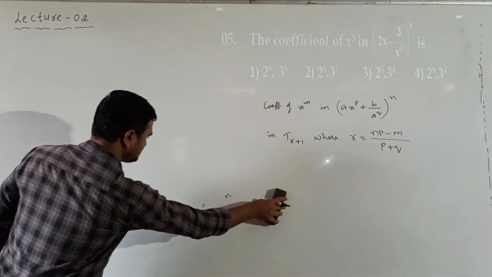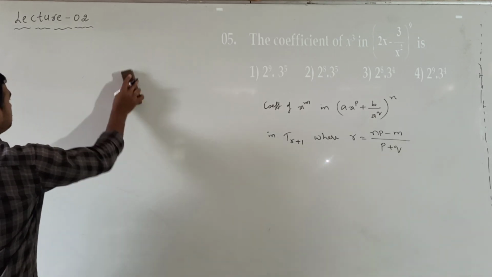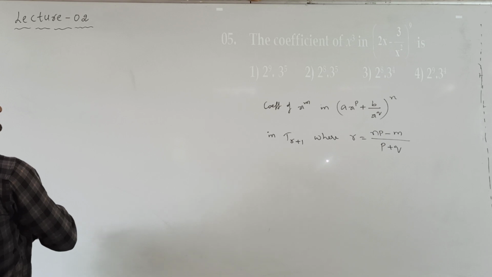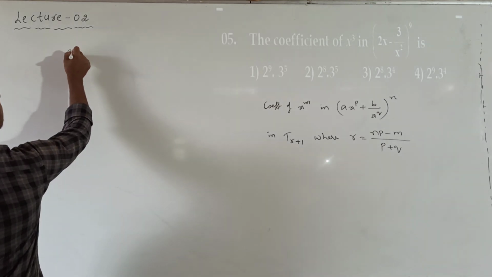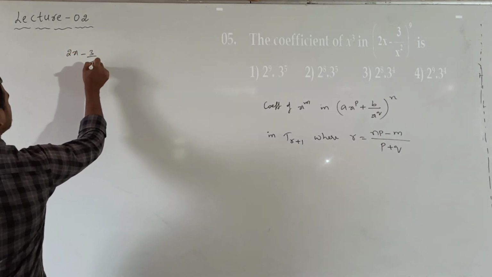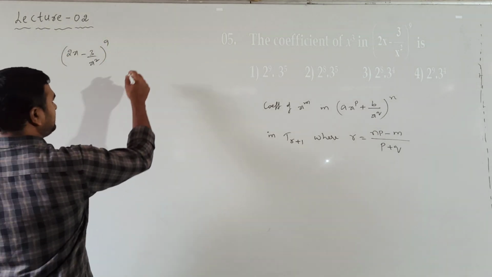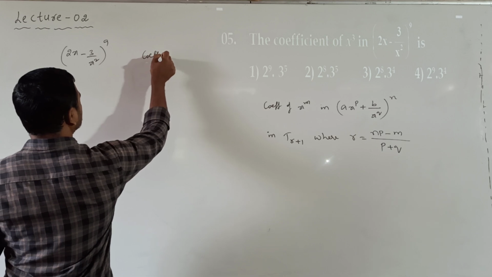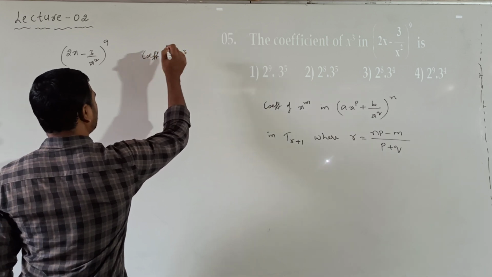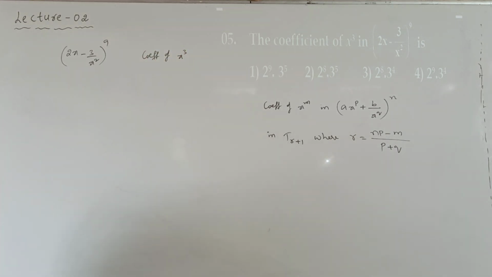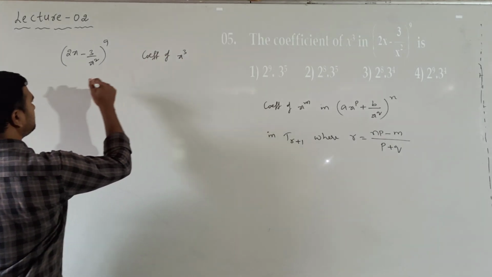So our expansion is (2x minus 3 by x square) whole to the power of 9. Now we need the coefficient of x to the power of 3. Okay, so the coefficient of x cube is obtained in